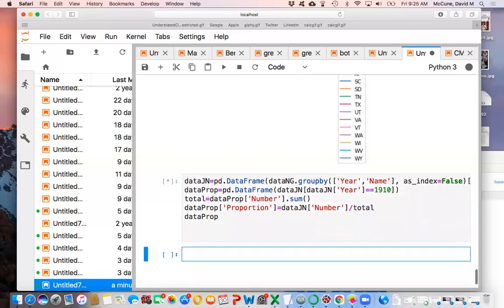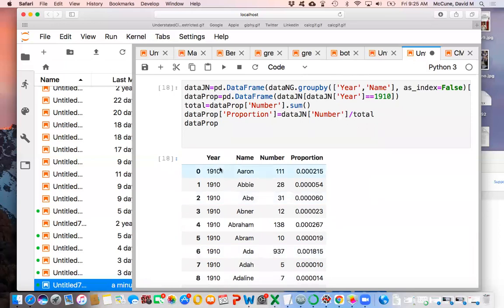So let me show you the data frame it makes. Okay, so in 1910, there were 111 Aarons with an AA. And here's the percentage, only 0.0215% or something. So as you might expect, given any name, even a popular name, its proportion is not going to be very big. You're never going to have a name that's 30% of the baby names or 20% of the baby names. So it's all relative here, though, right? So Aaron is much more popular than, say, Abe. You can see it in the raw numbers and in the proportions, right? So Aaron was like, what is this, 4 times bigger than Abe's.